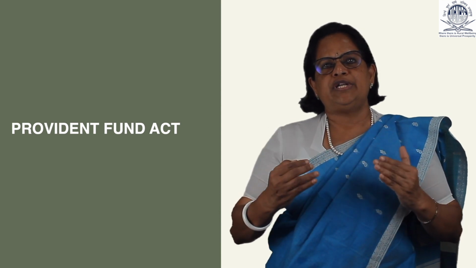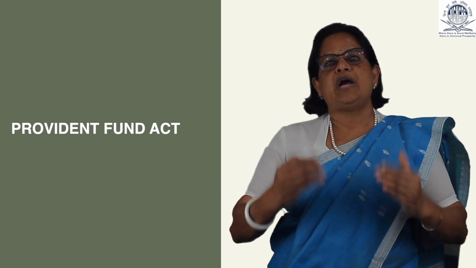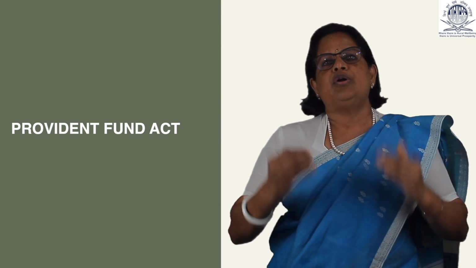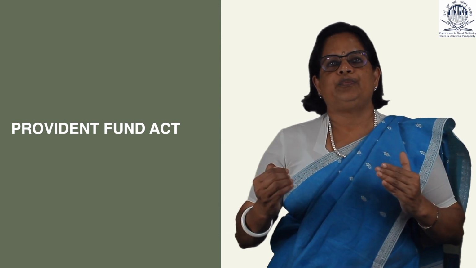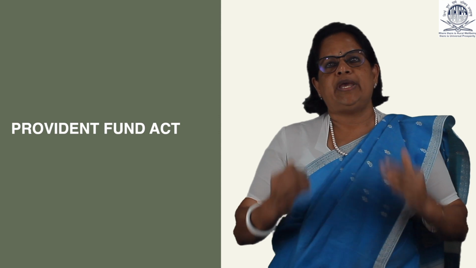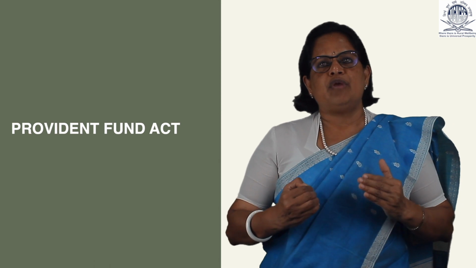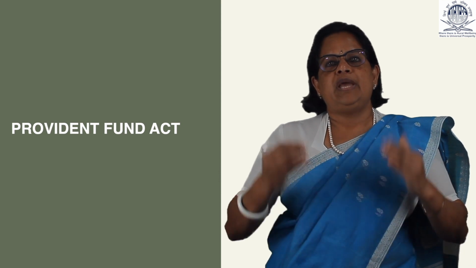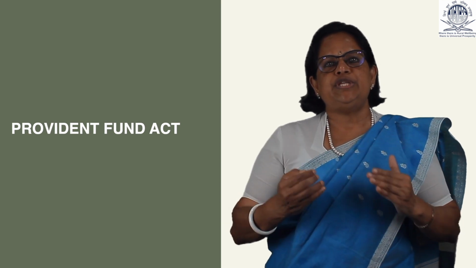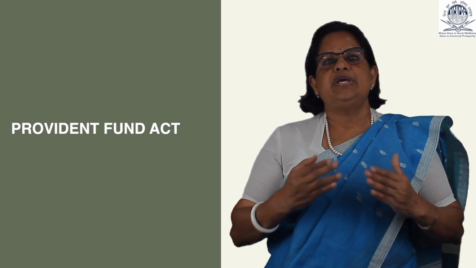Every employee will be allotted a unique Universal Account Number, or UAN, by the Employee Provident Fund Organization, or EPFO for short. The Employee Provident Fund account is linked with the UAN, which is valid throughout the employee's working life. Thus, the Employee Provident Fund can be transferred if the employee changes jobs. The Employee Provident Fund is created by the employer. If the employer has 20 or more employees in his organization, he has to compulsorily create an Employee Provident Fund.